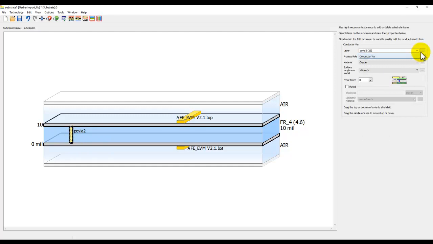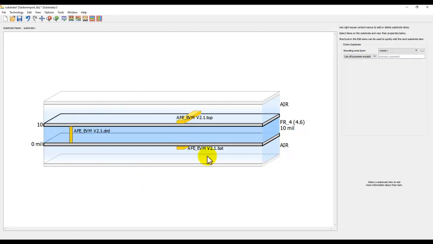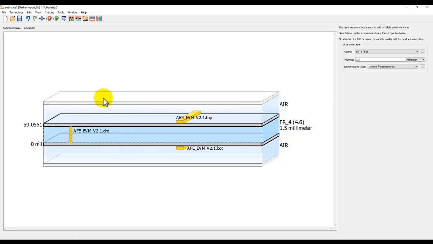Now for the via, simply select the via and define the drill layer which you have. Now remember, an interesting thing in Gerber layout: whatever your Gerber file name is, that's going to be your layer name. So even if you want to have a more realistic or more proper name, you could have renamed these Gerber files before importing so that the right name appears here as well as in the layout layer list. Now as you need, you can go ahead and change the material properties or thickness of these dielectrics and all that. But again, I have already covered all these in one of the previous videos, so I'm not going to repeat them here. You can go ahead and watch that and set up the stack up.